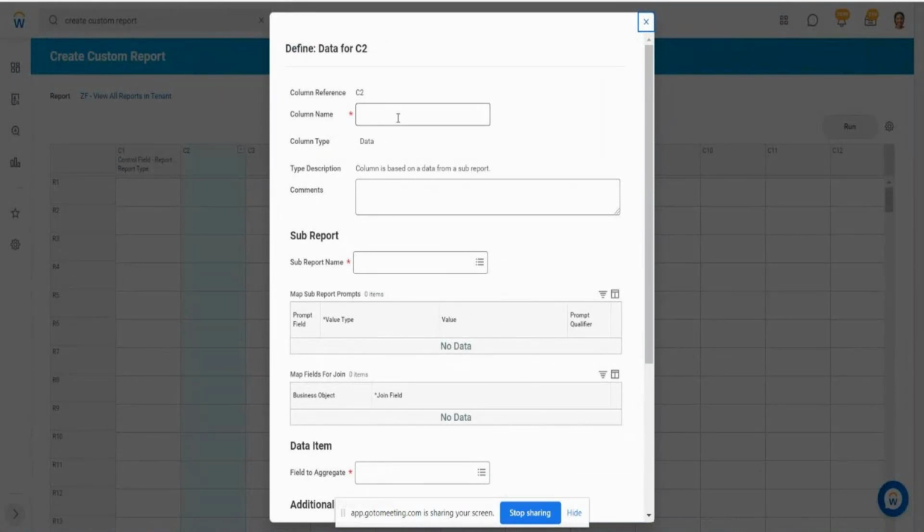Okay, this I'm calling as standard reports. Again, this is the name of the column that would show up, and here I'm going to select my sub reports. Now what sub reports will be available? This would be only those sub reports which have the same grouping field as the control fields that I have